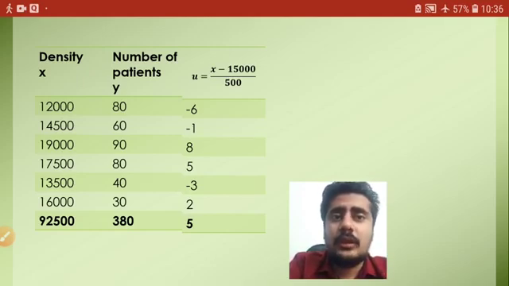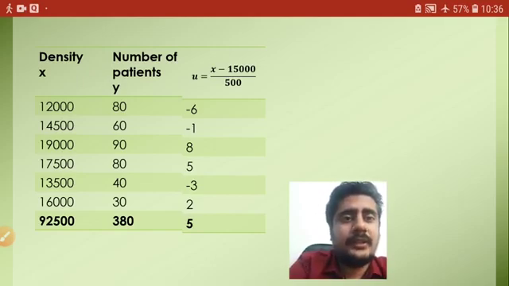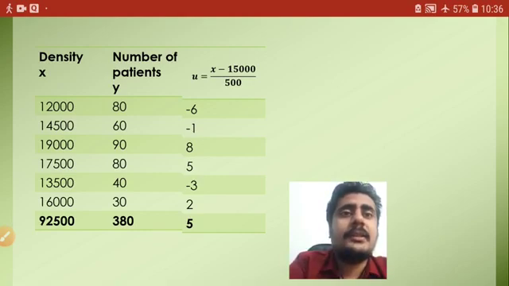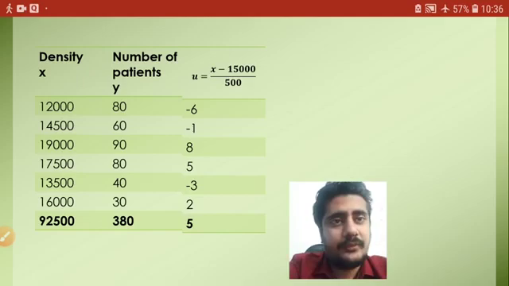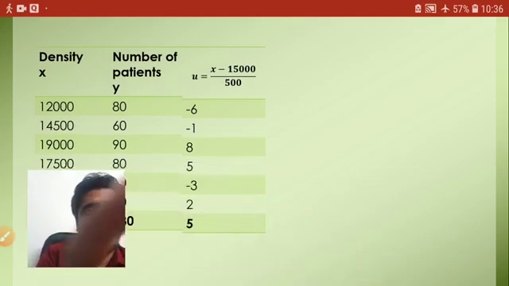So you can do the total of u. If you don't know how to do the total, then add the positive, subtract the negative. It is as simple as that. Okay, add the positive, subtract the negative. See, 8 plus 5 is 13, 13 plus 2 is 15. So all positive added, 15. 15 minus 6 is 9, 9 minus 1 is 8, 8 minus 3 is 5. Okay, it is as simple as that. So write the total, 5.